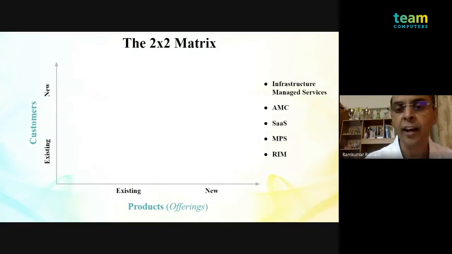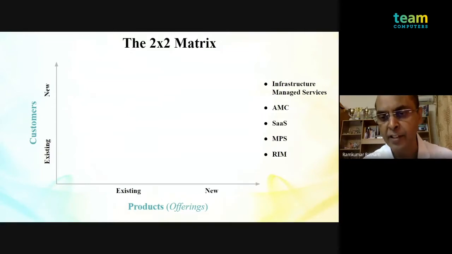Let me assume a hypothetical example that I'm from a sales organization of managed services. I've taken managed services as an example because it becomes relatively easy for all to understand. I've not taken enterprise or analytics because it becomes difficult for everyone to relate and resonate. So let's assume that I'm a salesperson from the managed services business, Harpal's team, and I want to apply this 2x2 matrix to a large enterprise account. Let's hypothetically say it's Maruti.